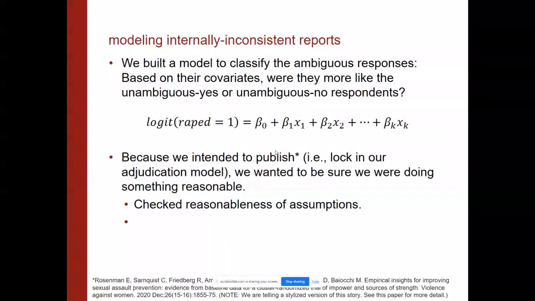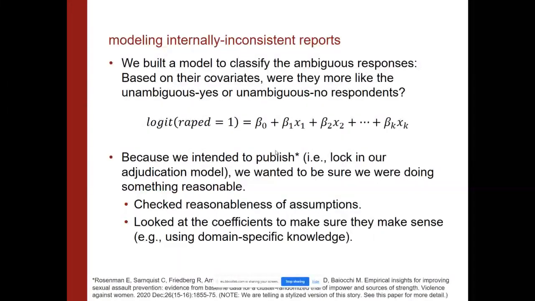What we mostly did were the classic stats things: checking the reasonableness of the assumptions. Did things look linear in the ways we wanted them to? Thinking about things like pseudo residuals and their behaviors. But then we also did the more classic one that we teach in our entry-level stats classes, which is we looked at the fits on those betas. Did they match what we knew from the literature? If we thought a beta should be positive, was it positive? If not, can we think about, modeling-wise, why that might not be the case? These are the two ways we reasoned about this model before committing to it.